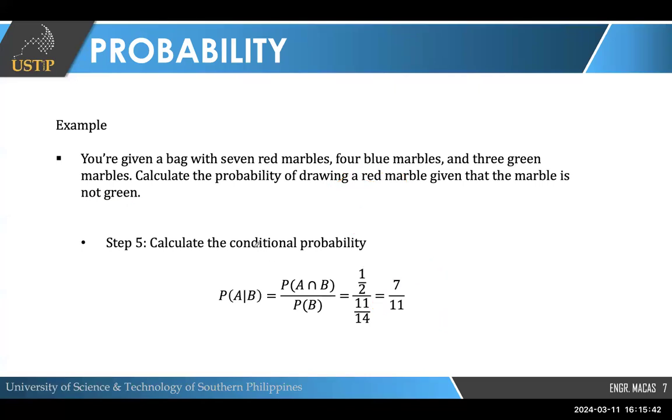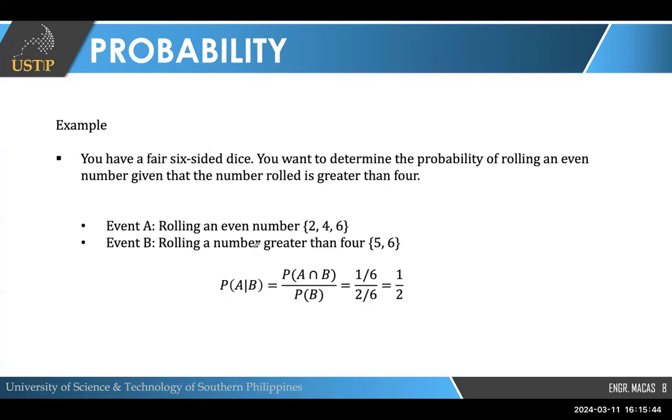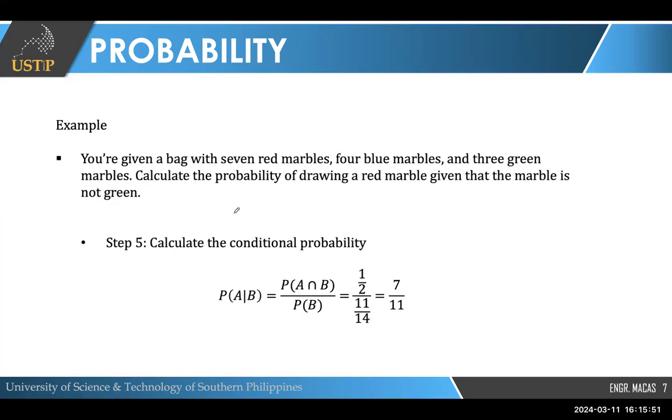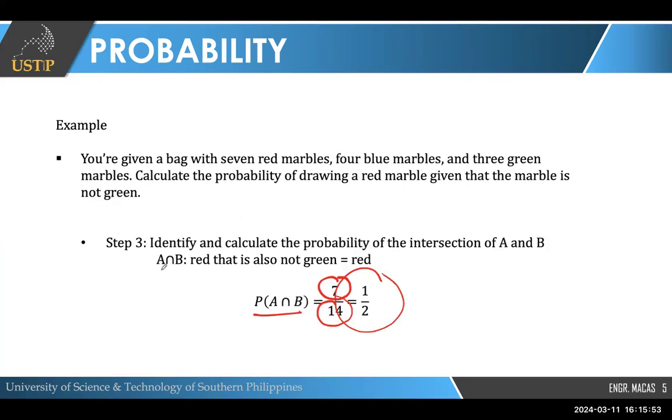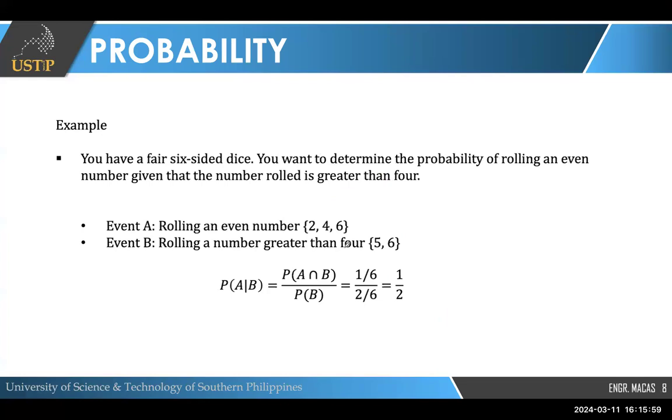Okay? So let's have more example. I think napaka-easy din. Dali na kayo ni. Diretso na. Straightforward lang class. Okay? Mao nang akong giingon nga dili tanan panahon nga katong imong intersection is katong red ug not green kay red ra gihapon. So basin malibog mo ba? Here in this example makita nato lahi nga